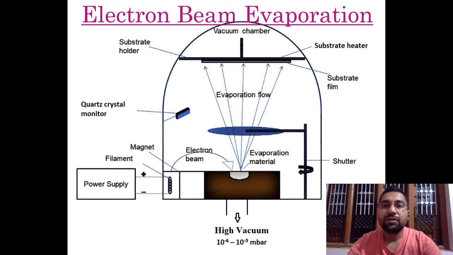During deposition, the temperature inside the chamber increases, and to maintain it, the temperature inside the chamber is controlled by the use of liquid nitrogen. So the back streaming problem through the diffusion pump has to be prevented. In this way we can do layer by layer deposition by using electron beam evaporation. Thank you.